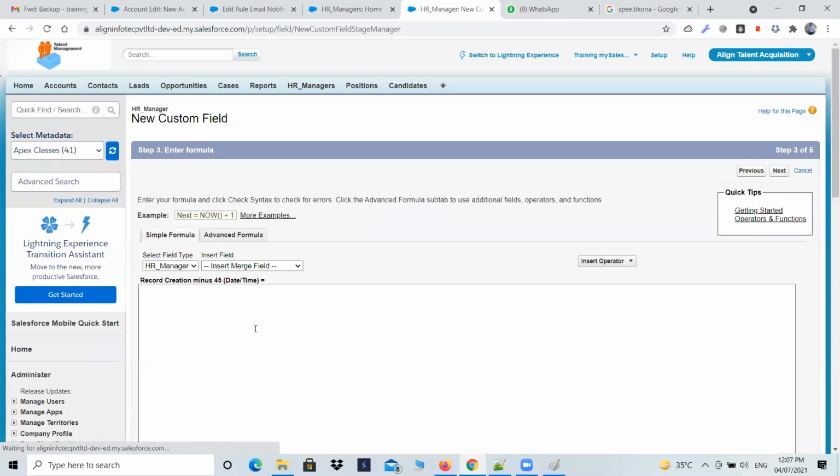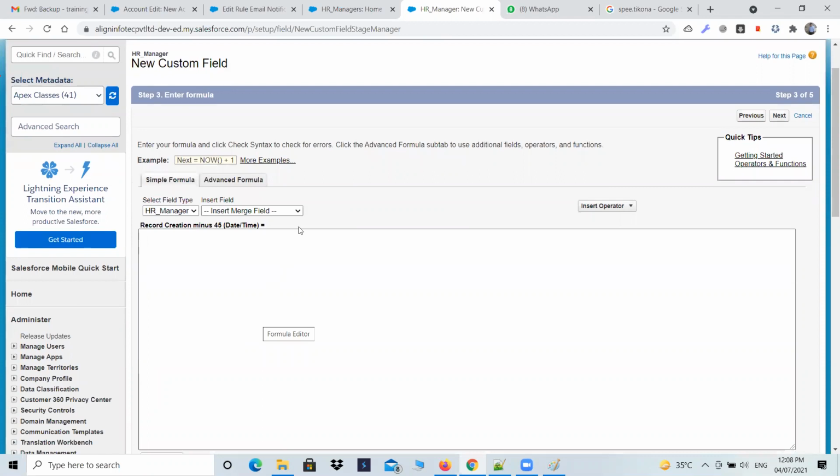प्रेस द नेक्स्ट बटन। नाउ हियर यू नीड टू ऐड अ फार्मूला। अब यहाँ पे आपको फार्मूला ऐड करना है, ठीक है। तो मैं फार्मूला क्या ऐड कर रहा हूँ यहाँ पे, अब मैंने डेट एंड टाइम ले रखा है, तो जितनी भी डेट और टाइम वाली सिलेक्टेड है वो सारी फील्ड्स यहाँ पर आएंगी। सो आई वांट दिस टू बी ऑन द लास्ट मॉडिफाइड। आई वांट दिस ऑन द लास्ट मॉडिफाइड डेट माइनस 45, ठीक है।